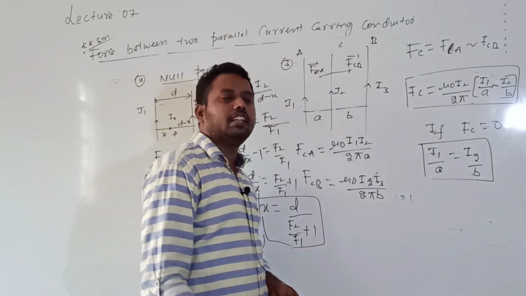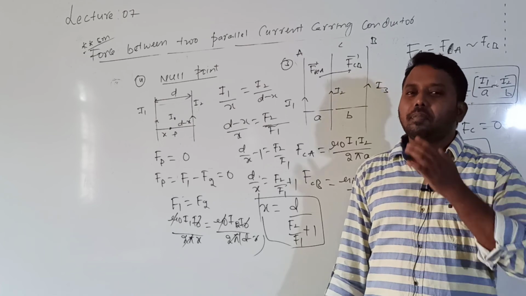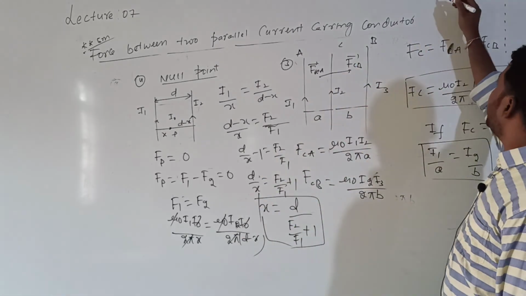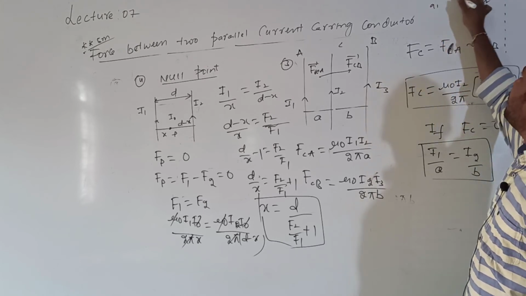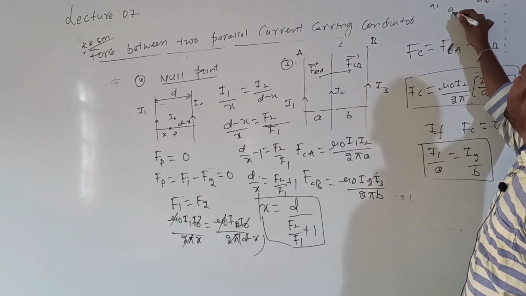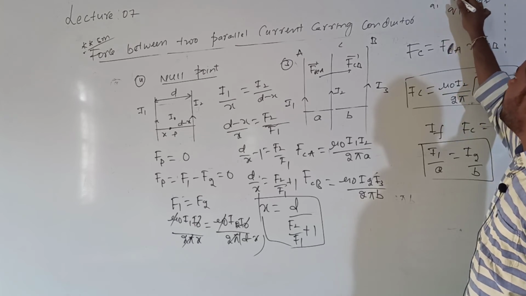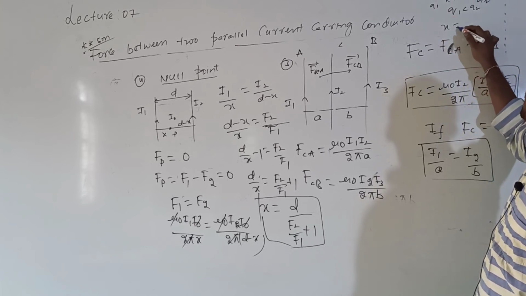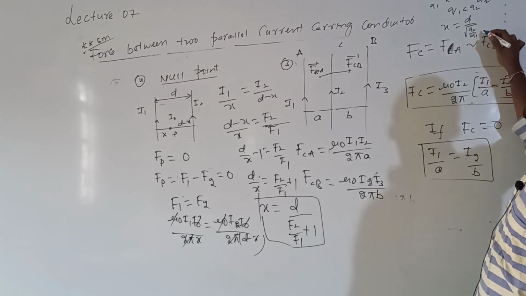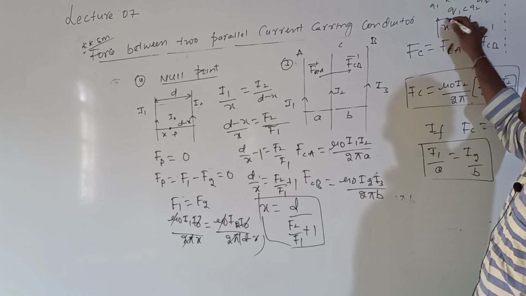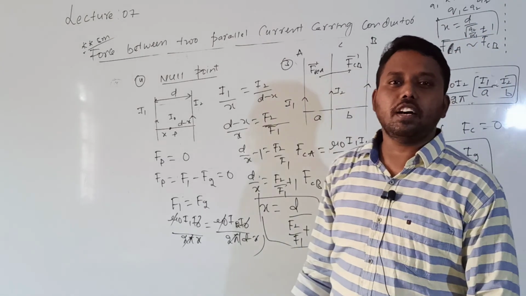The same conditions you have written in electrostatics, where the null point formula can be calculated. In electrostatics, whenever two charges Q1 and Q2 are separated by a distance d, such that Q1 is less than Q2, the distance of the null point from Q1 is given by x equal to d divided by root over Q2 by Q1 plus or minus 1. The plus sign is for like charges, the minus sign for unlike charges.